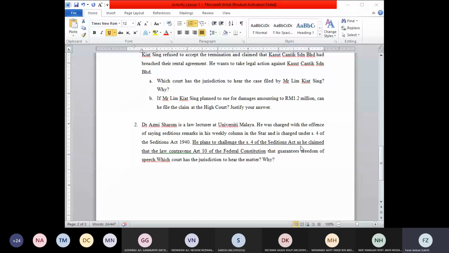No. He can ask for the court to not hear his application yet. Maksudnya, in law we call it stay of proceedings. It means that okay, yes, you can charge me at the High Court, but I want to say that this law is against the Federal Constitution. So High Court, please don't